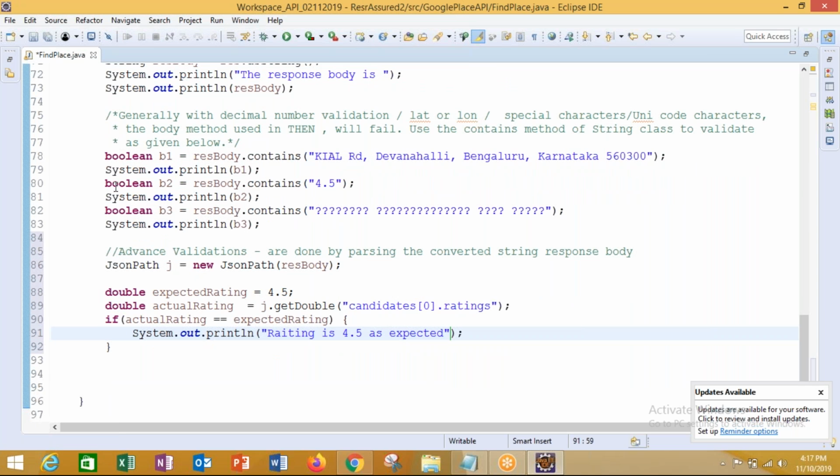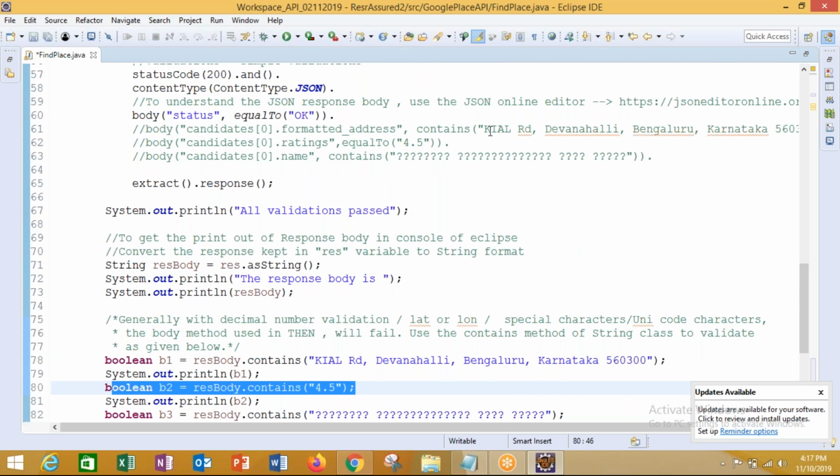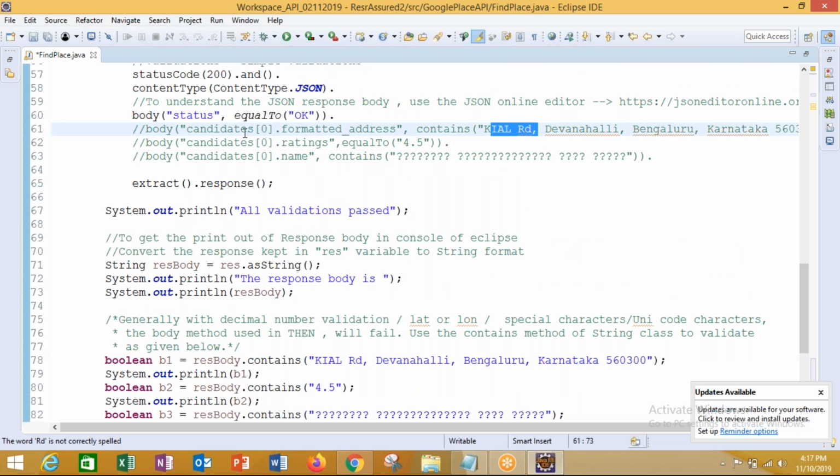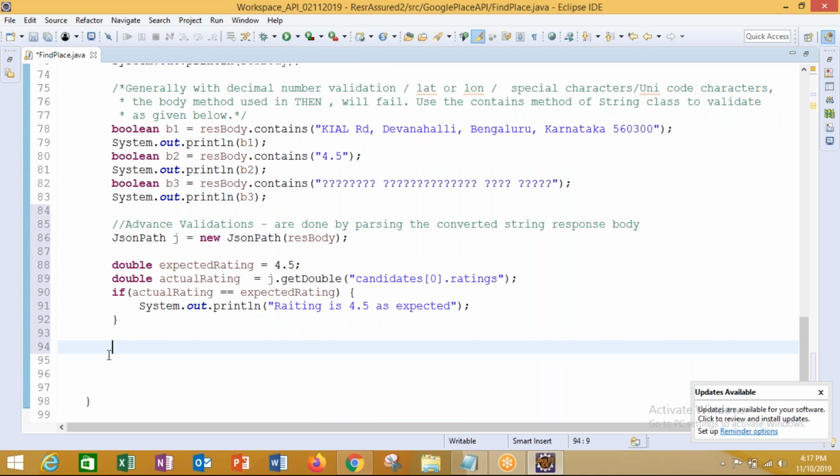This I can do for this behavior, and where else has it failed? It has failed in this contains method, right? So this is a string value. I can take this as a string value. So there is a method of the JSON path, j dot